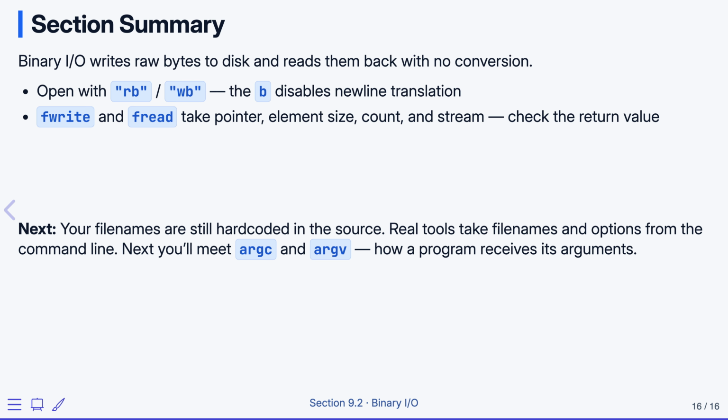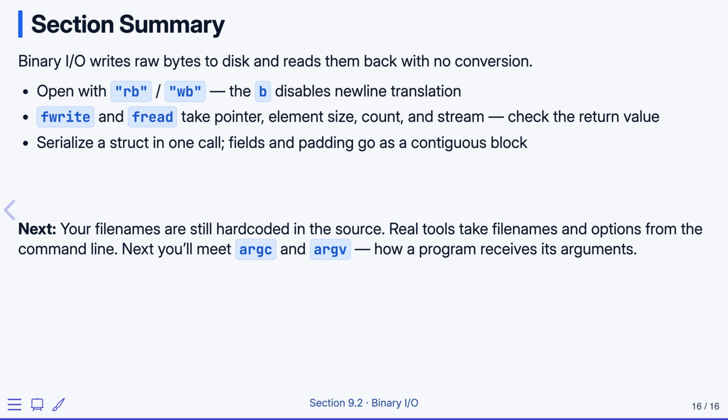Always check the return value to catch partial reads and writes. You can serialize a whole struct in one call, with its fields and padding written as a contiguous block. Adding a header, usually the record count, makes the file self-describing. But remember, these files are not portable because of byte order, padding, and type sizes, and never serialize a struct